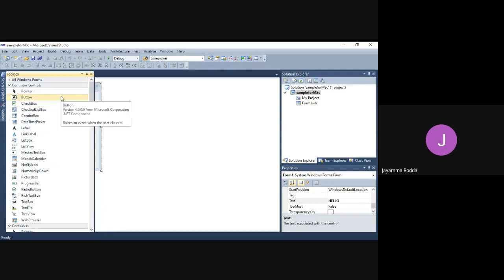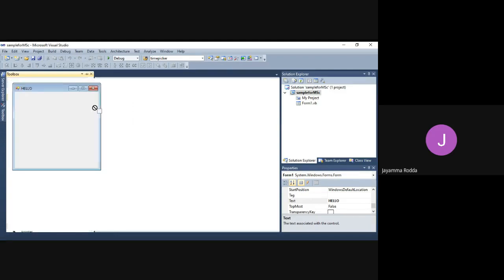Let us take a button and drag and drop it. So this is the button control. I have taken a button and dragged and dropped it on my form. After dragging and dropping, I should apply some changes to the button.